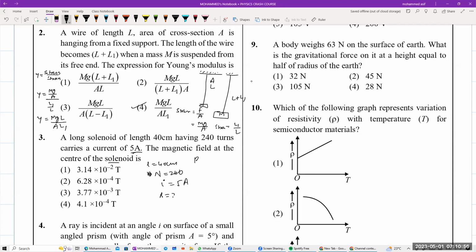Magnetic field of the solenoid का formula क्या है बेटा? B is equals to mu naught into n into I. n का formula क्या होता है याद है आपको? n is equals to total number of turns per unit length. So mu naught की वैल्यू, 4 pi into 10 to the power of -7 into n, that is 240 divided by 40 into current is nothing but 5. इसको कर लो, आपका आंसर आ जाएगा। चलो।